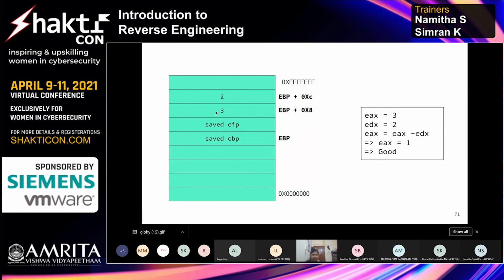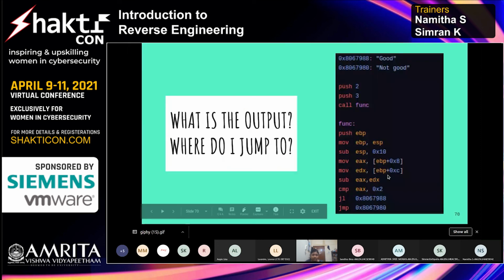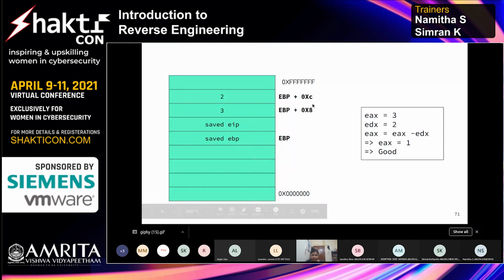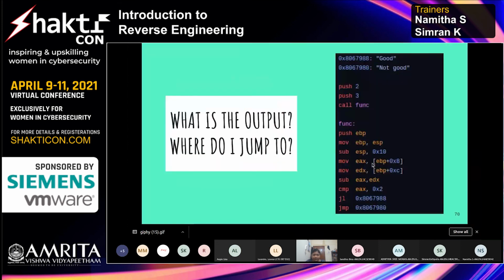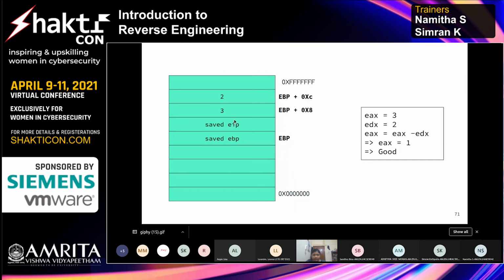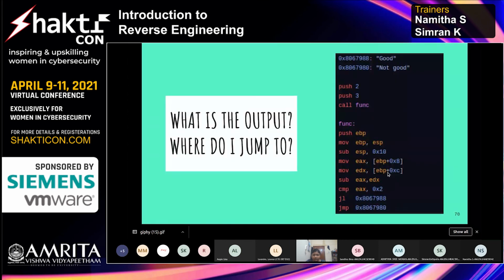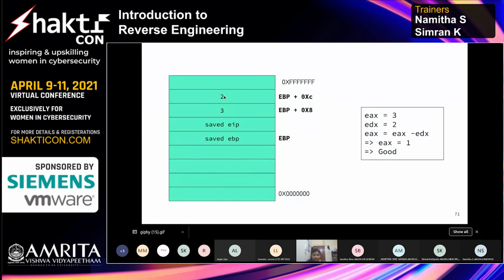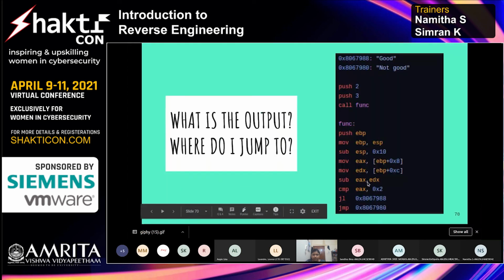And then you have your EBP plus 0xC, that is plus 4 to 0x8, so it should go here. First 2 was pushed, then 3 was pushed, so it's accessing first 3 and then 2. EAX has 3 because EBP plus 0x8 is being pushed, and EBP plus 0xC has your 2, and then it's a basic subtraction, EAX comma EDX.